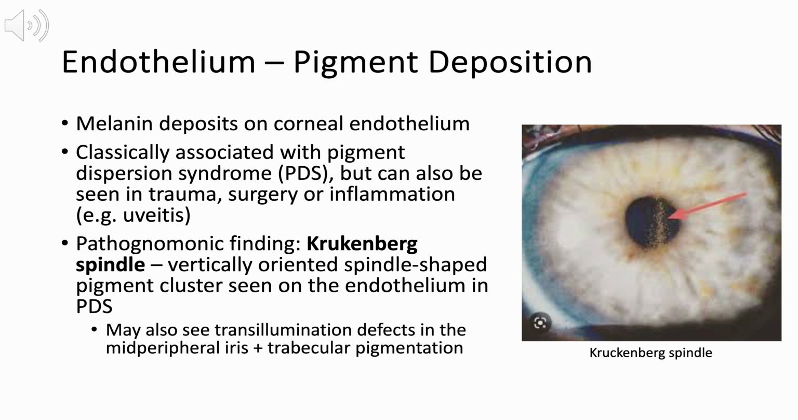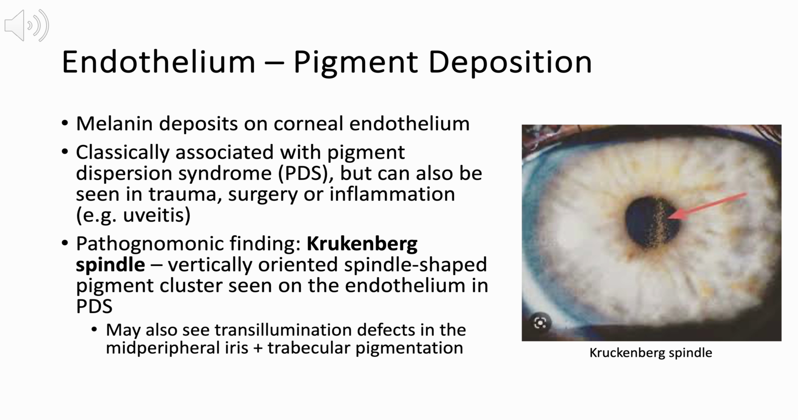endothelium. In addition to this, patients may also demonstrate transillumination defects in the mid-peripheral iris, as well as trabecular meshwork pigmentation. In the image shown, you can see the cornea and iris in full illumination. An arrow points to a vertical line of fine brown pigment granules along the central corneal endothelium, the characteristic appearance